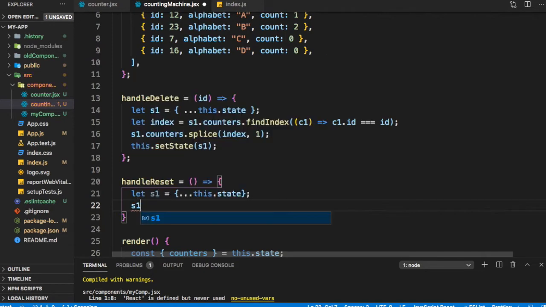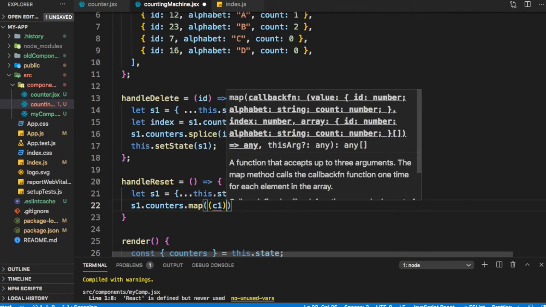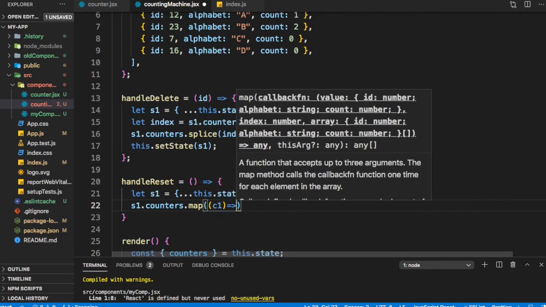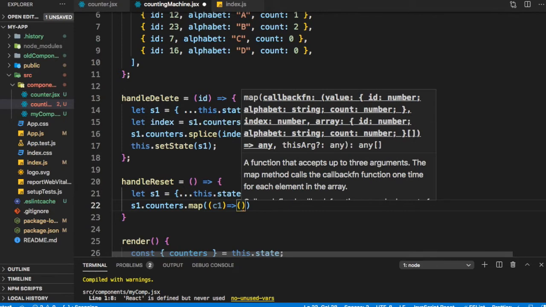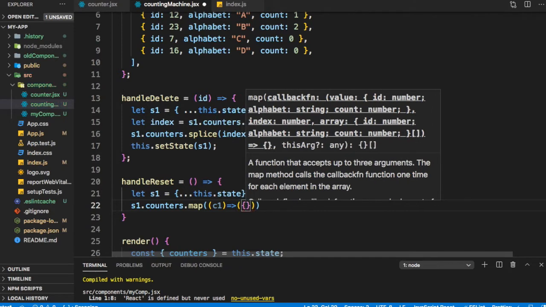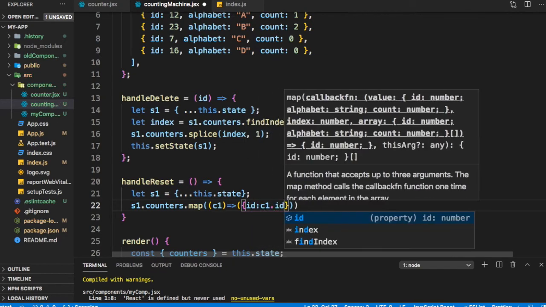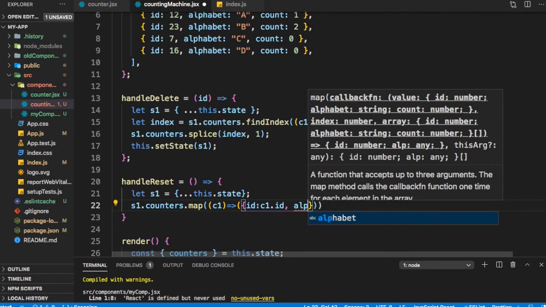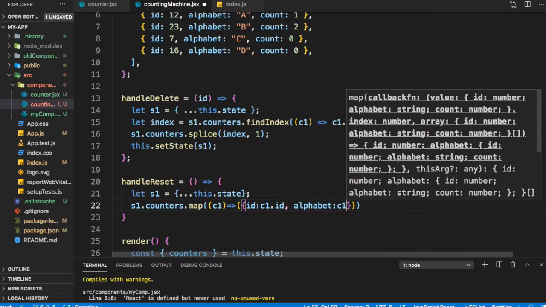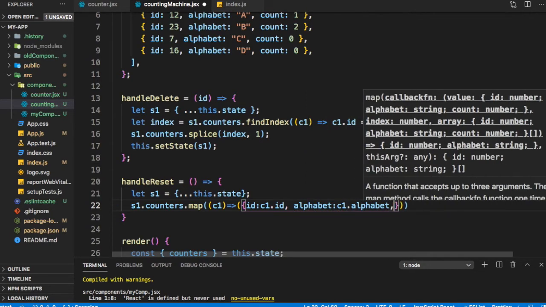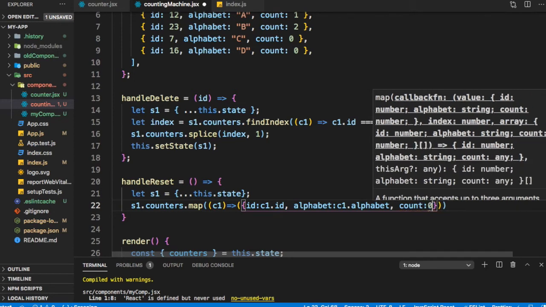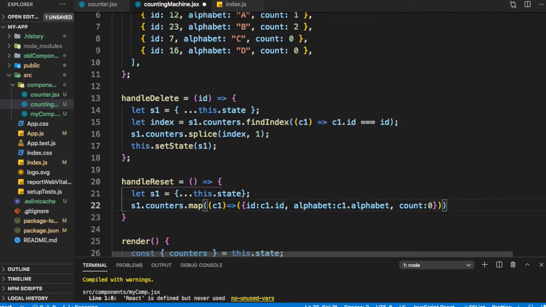So we can say s1.counters.map, so c1 goes to, because we want to create a JSON object, we'll put these brackets, and id is c1.id, alphabet is c1.alphabet, and count is 0. That's the change we wanted.